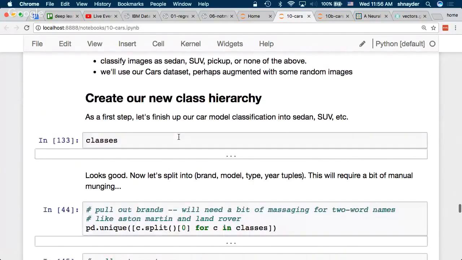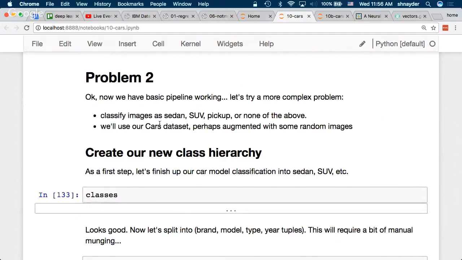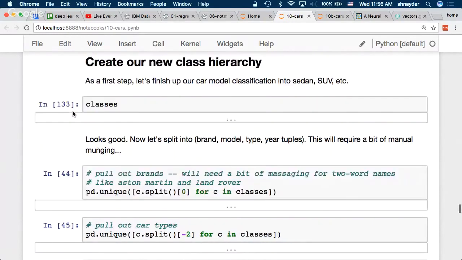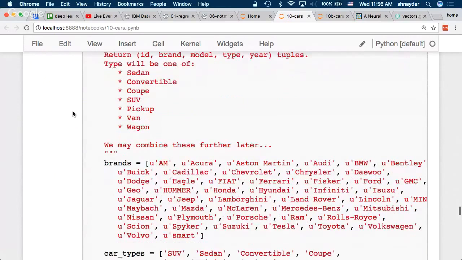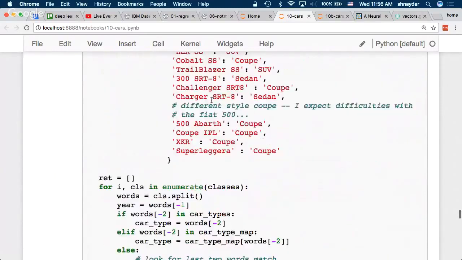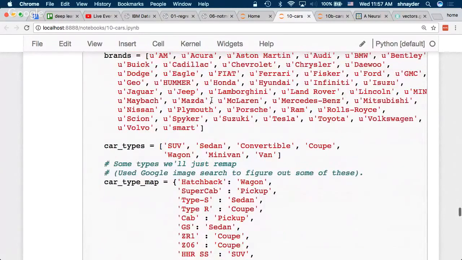Okay, so right now let's actually go to the class separation. So classifying to sedan, SUV, pickup, etc. I actually did the semi-manual parsing of the various car type strings into the various things.